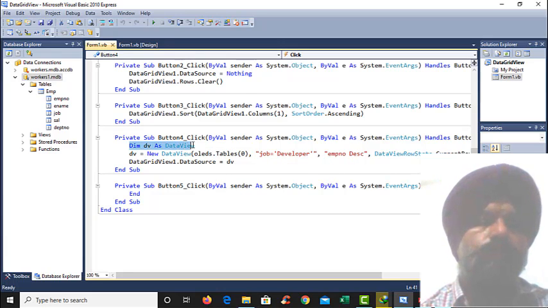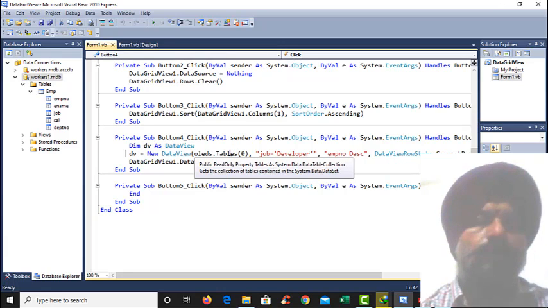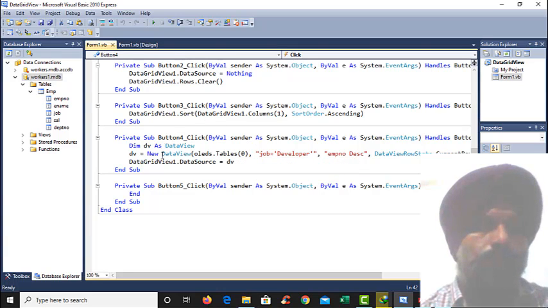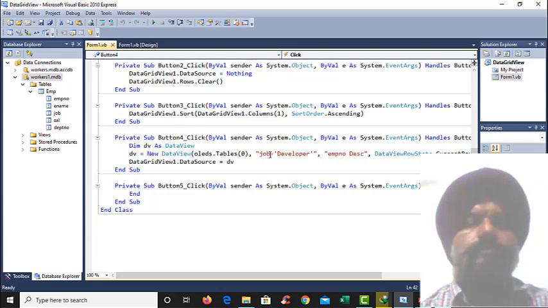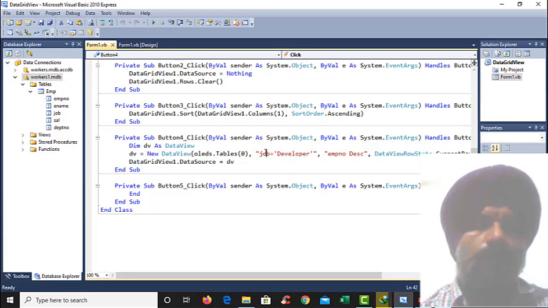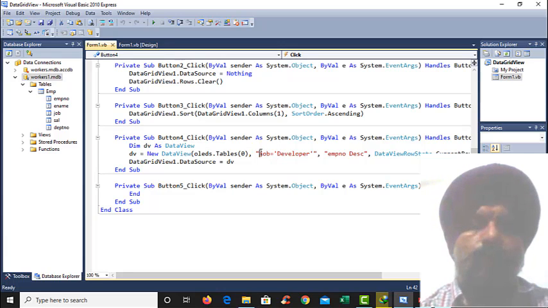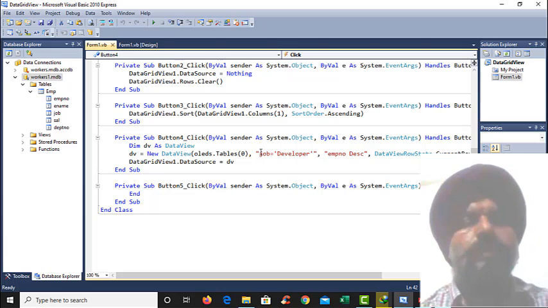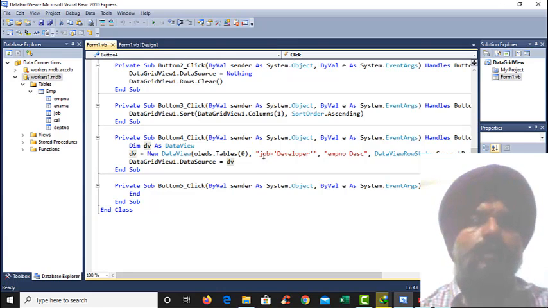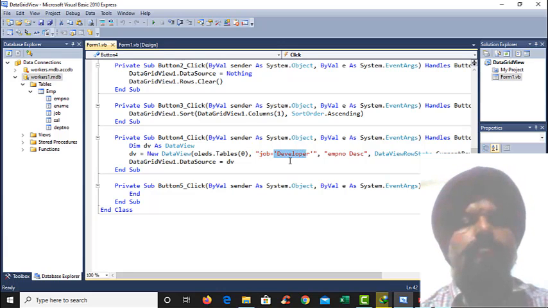So in that case, first we have to create a data view type variable, and when we initialize the data view, we pass the table whose values will be used for the data view. Second is what the field is and what value it must contain. In this example, we are filtering the EMP table based on the job field, so that it shows all the rows in the EMP table where the job field has the value developer.